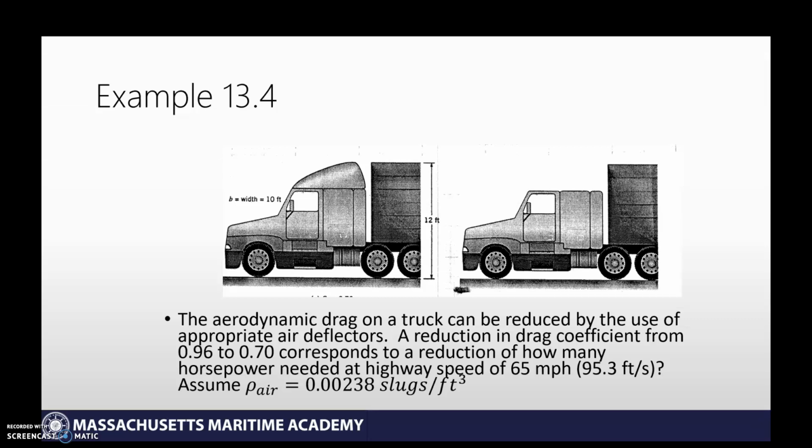The aerodynamic drag in a truck can be reduced by the use of an appropriate air deflector. A reduction in the drag coefficient from 0.96 to 0.7 corresponds to a reduction of how many horsepower needed at highway speeds of 65 miles per hour. Assume that air is 0.00238 slugs per cubic foot. So basically what I'm asking for here is how much less horsepower do you need to overcome drag by adding